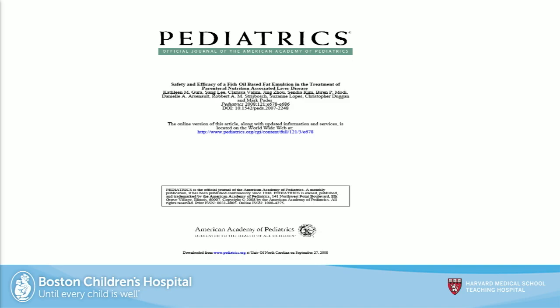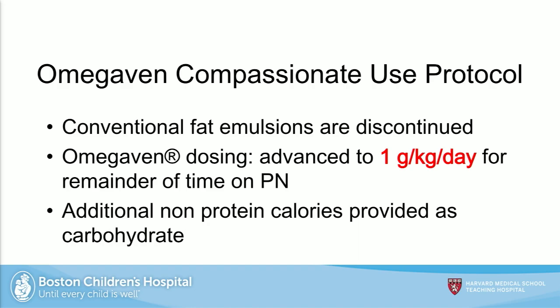We've published it in Pediatrics. In our protocol, and like I said, it's a compassionate use protocol, you have to have pre-existing liver disease. You can't use it to prevent liver disease currently, the way the FDA has our protocols approved. So you stop the soybean oil, you switch to Omegaven at 1 gram per kilo per day. For the rest of the time you're on parenteral nutrition, you make up for those lost fat calories